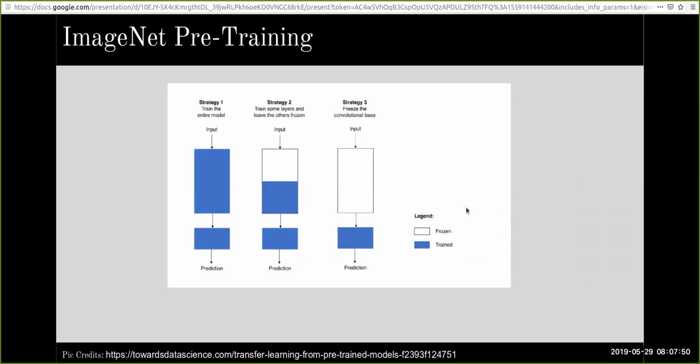So I'll just repeat what I just said. So here the image on the right represents a model where we have the convolution base of a trained model, which is frozen, and the bottleneck features obtained from it are used to retrain the further layers. This is what we normally do with pre-trained models. Whereas in the middle, the image represents a model where except the few initial layers, the rest of the network is trained. And the final model on the left represents training a model from scratch. This is what we'll discuss as we review this paper.